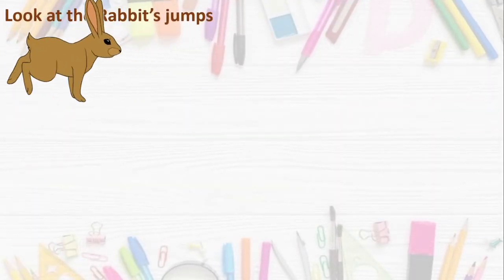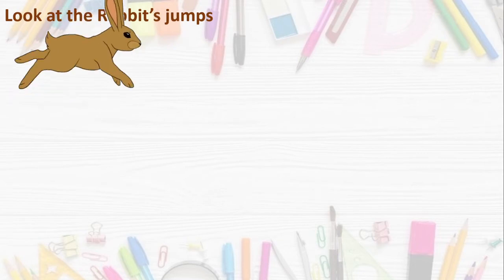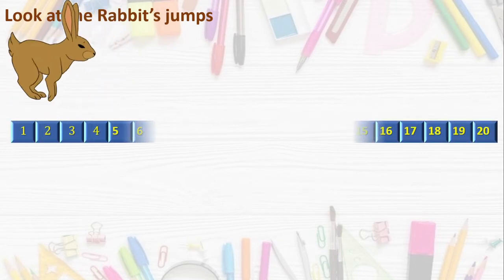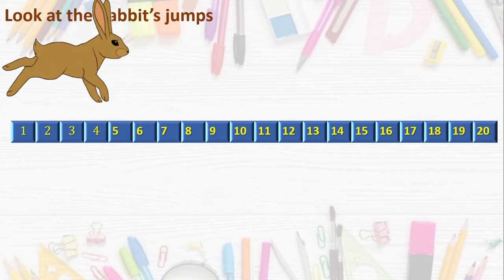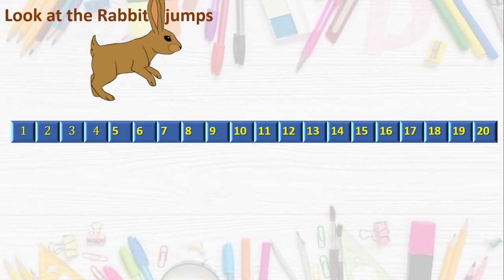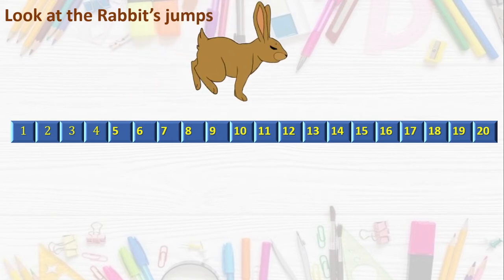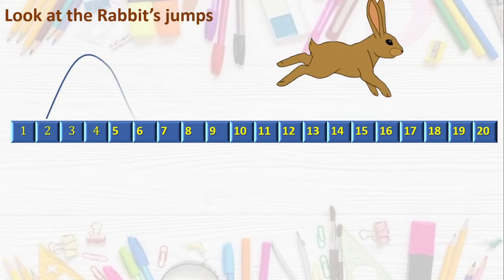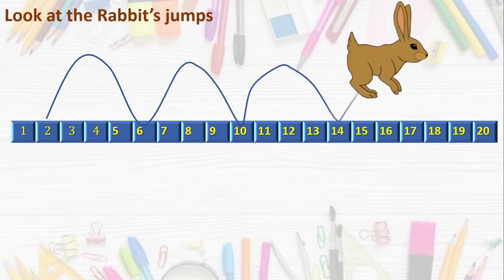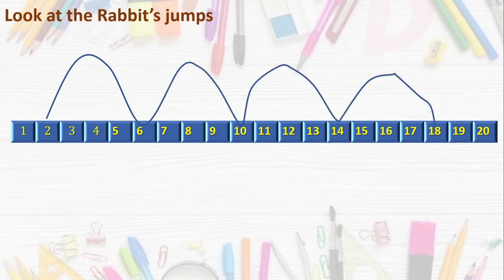Let's move to one more example. Here we can see the rabbit is jumping, right? We will draw a number strip that has 1 to 20. Now see dear children, the rabbit is jumping from one number to another number. Can you see here? We will draw the line. Okay. Now we have drawn the line. Correct? Now we will see on which number it jumped. Yes, the starting number is 2. First it jumped on 6 from 2.